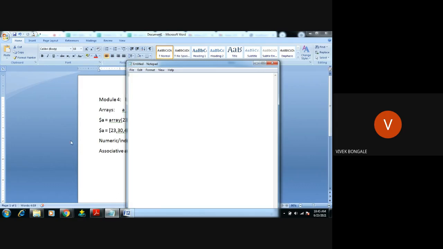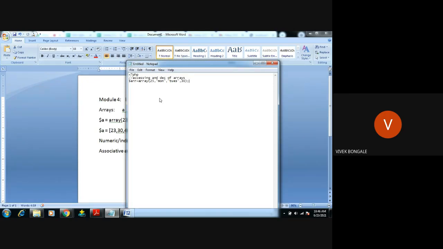See, I'll write a simple program. PHP. Here, accessing and declaration of arrays. Then $arr, creating one variable, equals the array keyword, and I am giving mixed values: 25, then Monday as a string, and Tuesday, then 30.